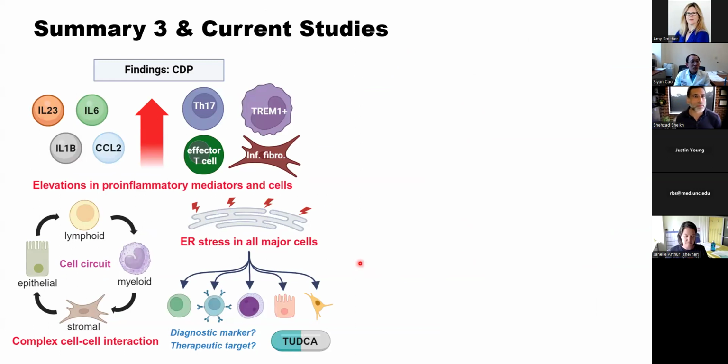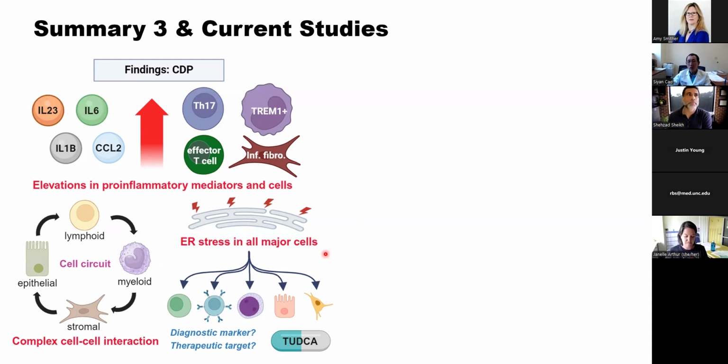So just to summarize what we found in this study, we found there are elevations in pro-inflammatory mediators and cells associated with Crohn's-like disease of the pouch, including IL-23, IL-6, Th17 cells, and inflammatory fibroblasts. We also identified complex cell-cell interactions between different cell types in CDP, which may contribute to the pathogenesis. We also found ER stress induction in all major cell types in CDP, and they may potentially become new